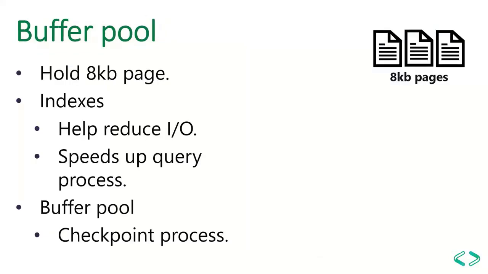Now let's see how the buffer pool gets managed. Basically, the buffer pool holds the 8 KB data pages as well as index pages in it. So the buffer pool has to manage 3 kinds of different structures: the heap tables, clustered indexes, and non-clustered indexes. So if, for example, you wanted to do a select star from a heap table, you know what will happen. The buffer pool has to go and grab those data pages into its buffer pool, do the operations over there, which is very IO intensive and resource consuming, right? And if you put the indexes on top of those heap tables, it will help reduce the IO, and also it will speed up the query process.